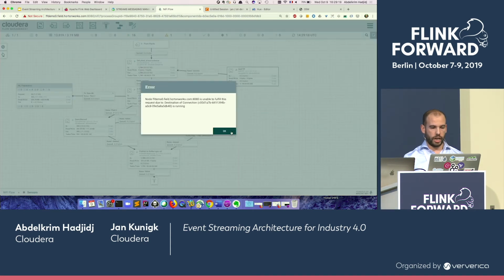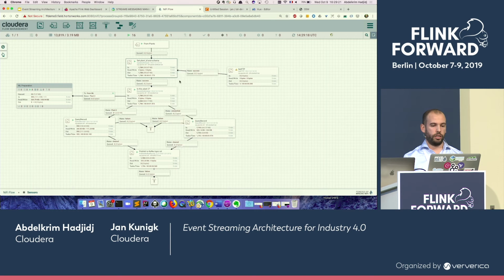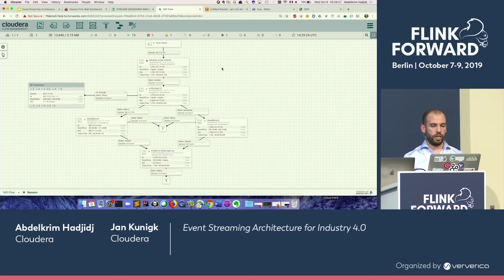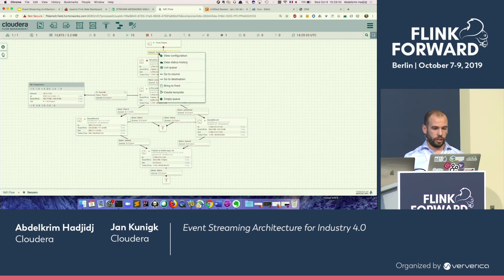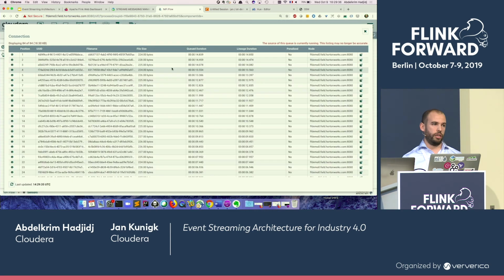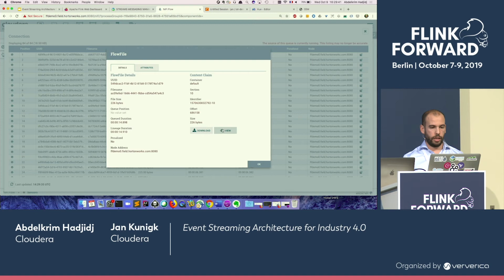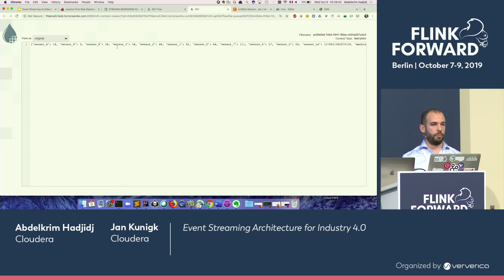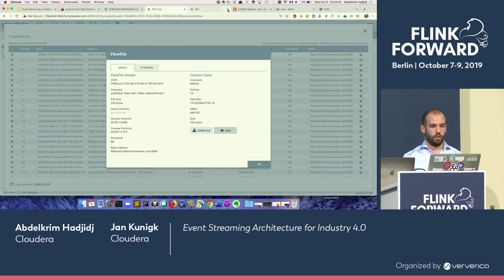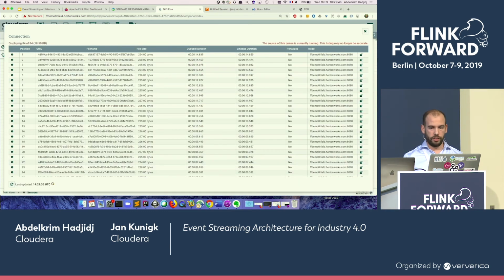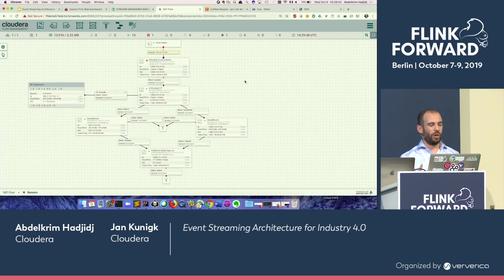So for the demo, we have already prepared a workflow here. So let me just stop this one, and delete this. And as you can see, data is received in real time here. So you have this queue in which we have all the events that have been produced in our three plants and we are receiving in real time. When I look inside them, I can see the content, which is the same as the sensor data that you saw. Okay? So what I want to do with this data is first do some lightweight ETL.